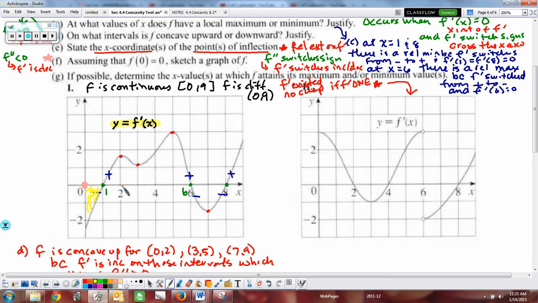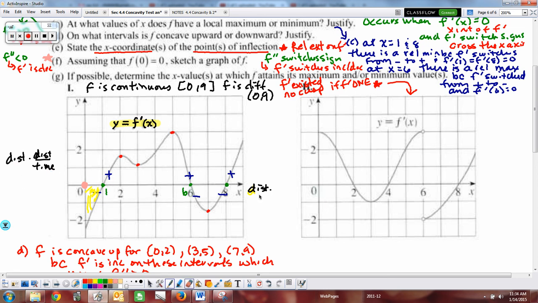The y value of the curve is a rate, and a rate times your x-axis units. So if I take a distance unit times a rate unit, which is distance over time,